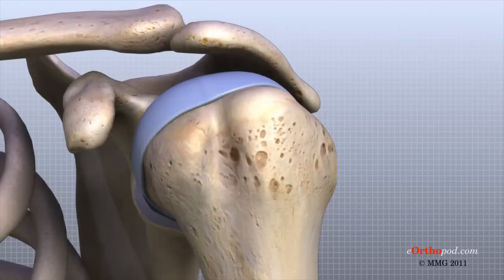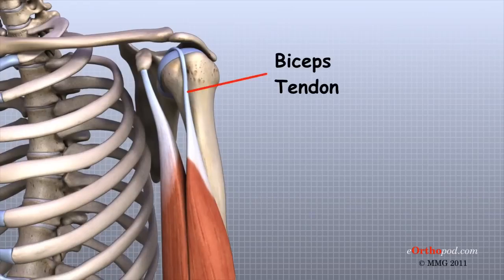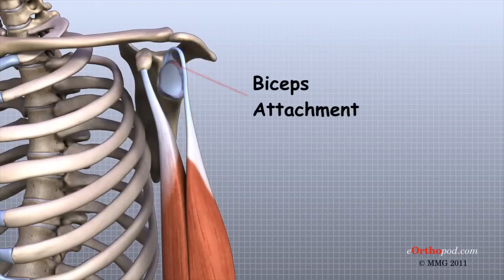The labrum is also where the biceps tendon attaches to the glenoid. Tendons are much like ligaments, except that tendons attach muscles to bones. Muscles move the bones by pulling on the tendons. The biceps tendon runs from the biceps muscle across the front of the shoulder to the glenoid. At the very top of the glenoid, the biceps tendon attaches to the bone and actually becomes part of the labrum. This connection can be a source of problems when the biceps tendon is damaged and pulls away from its